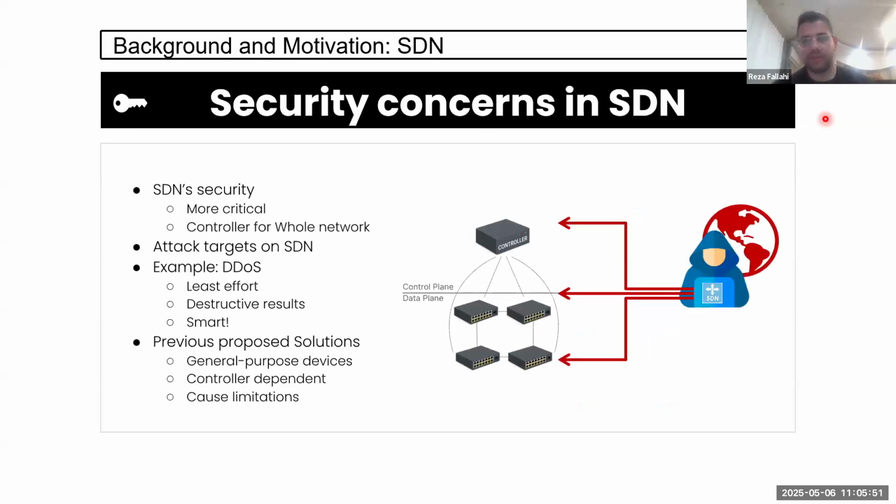Specifically, since we're talking about the security mechanism, in case of network attacks, this will bring so many problems. For example, we have three layers of components in the SDN: the controller, the data plane, and the northbound and southbound API communication links between them. And this can bring even more security concerns in case of attacks.